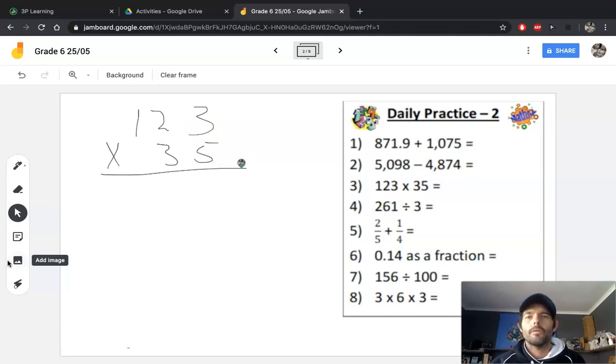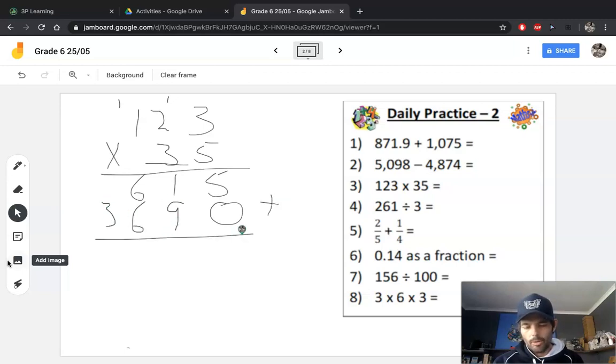Okay, and here we got 5 times 3 is 15, carry the 1. 5 times 2 is 10, plus the 1 is 11. 5 times 1 is 5 plus the 6, and then the most important part is the 0, the placeholder, because now we're multiplying by a multiple of 10. 3 times 3 is 9, 3 times 2 is 6, and 3 times 1 is 3. And then we need to add those,